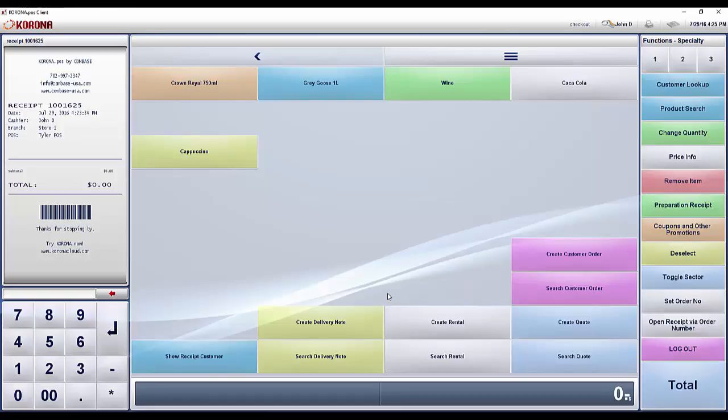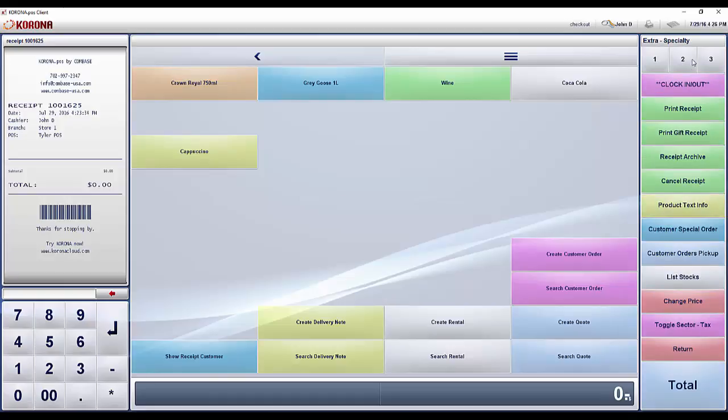After logging in, the cashier automatically gets into the checkout screen without any delays. Now the cashier can either scan in products using a barcode scanner or use buttons to add items to the transaction. The point of sale buttons are fully customizable. You can freely create new buttons and groups in your Corona back office. There are no limitations. You can customize Corona Point of Sale to your business workflows and not the other way around.